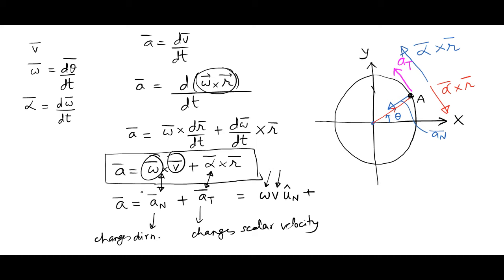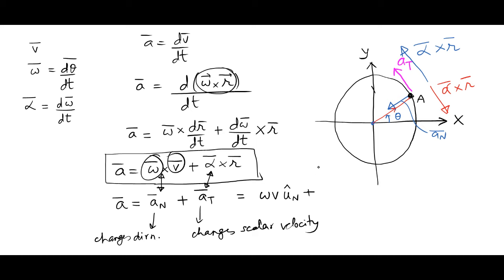That's what happens in the magnitude of the cross product. The magnitude of the cross product is mod of omega bar times mod of v bar, and then I multiply it by u n cap, so that I get back a vector. Now that's one way of looking at omega and v. The second way to look at them is that omega and v are the scalar, angular and linear velocities,